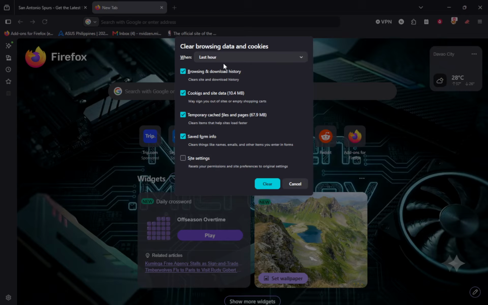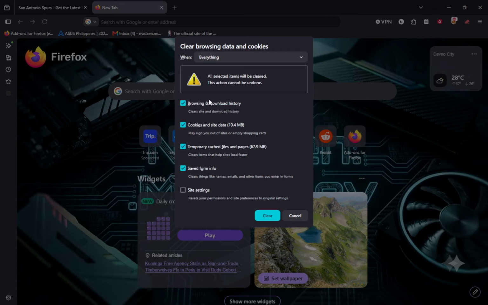This option controls the list of search terms and form entries that appear as suggestions when you type in Firefox. If this box is not checked, your search history will not be removed, even if you clear other items. A small detail many people miss is that ticking or unticking this box takes effect as soon as you click Clear. There is no extra save step.